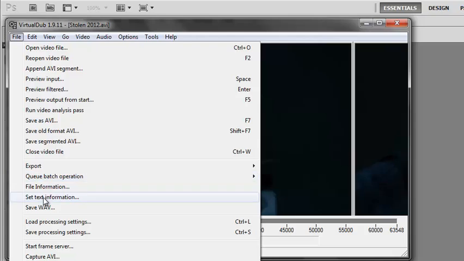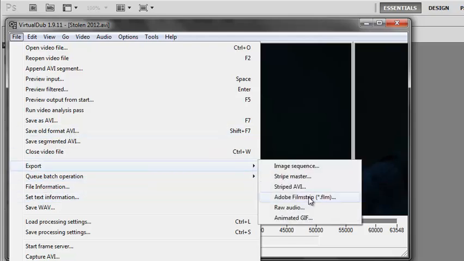Go to File, Export, Animated GIF. You could also save it as an image sequence and do exactly what I did in the first step in Photoshop. But I'm going to save it